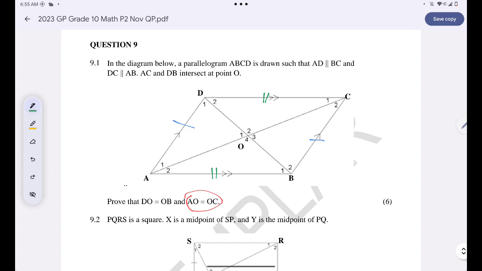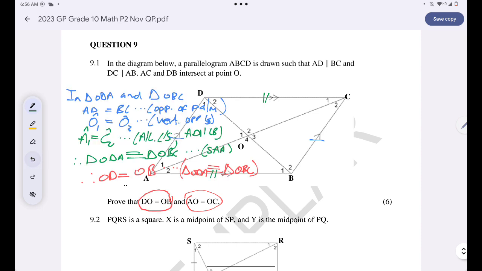I'm comparing two triangles. I'll say... no, why did I erase? Because I could have just concluded there. No, I'm not supposed to reprove this thing, guys. Yeah, from this thing,